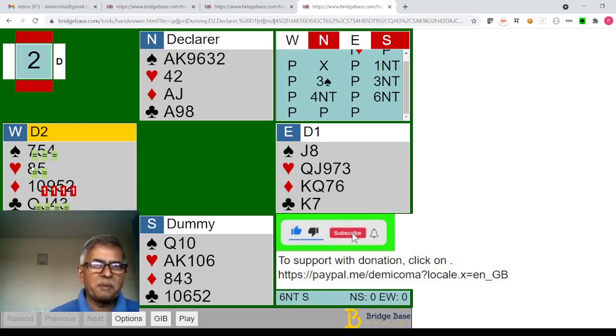And if you have come thus far and have still not looked at the video where we discuss that play, I will urge you to have a look at it. That's a beautiful plot, an elegant play, and even if you don't expect to get that kind of play on the table